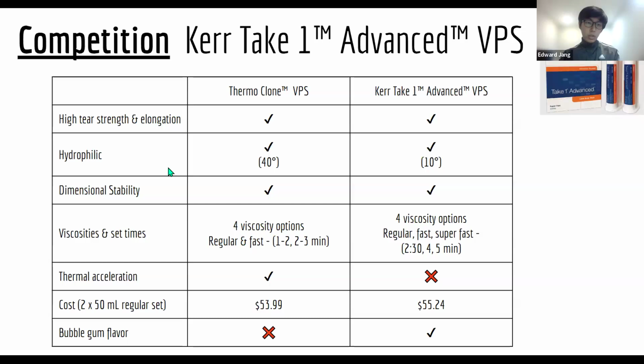One thing that stood out was that Kerr Take One Advanced VPS has a highly advanced contact angle, which is much lower at 10 degrees compared to thermoclone. However, both do emphasize great hydrophilicity, and both products offer a variety of options when it comes to viscosities and setting times, with thermoclone offering shorter setting times at 1 to 2 minutes and 2 to 3 minutes, and Kerr Take One Advanced VPS offering 2.5 minutes for the shortest setting time and 4 and 5 minutes for the longer